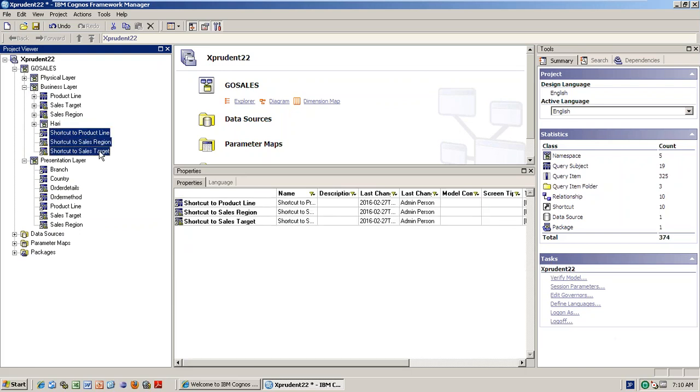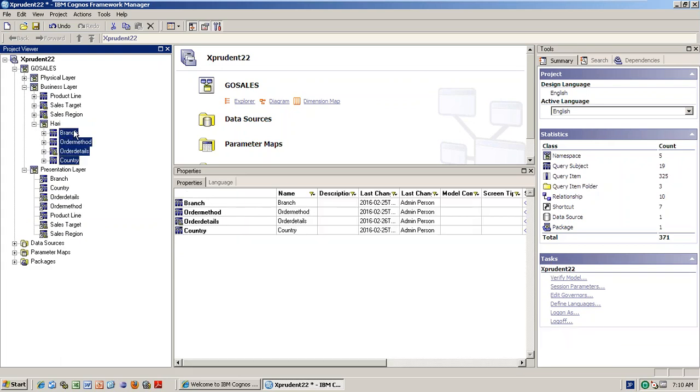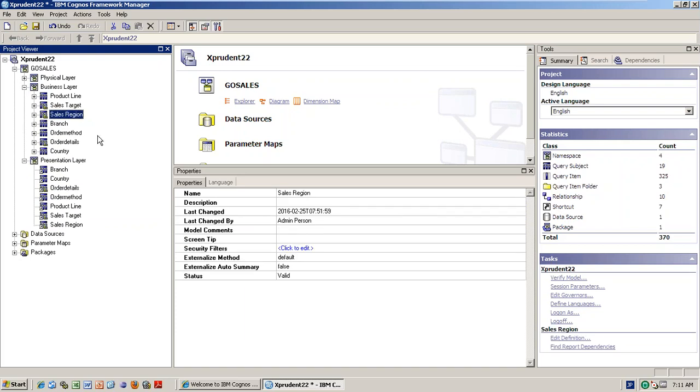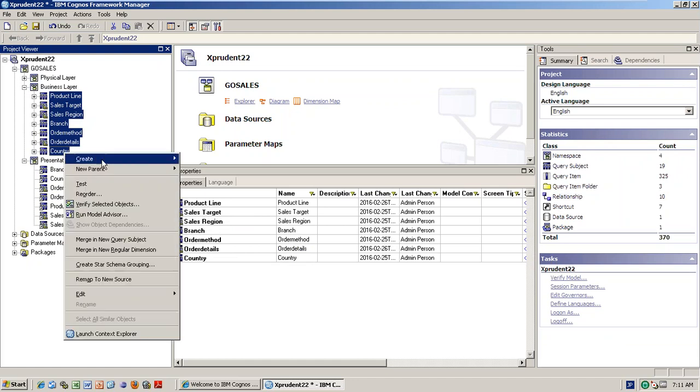So instead of that, you can do one more thing. I want everything in the business layer, so this is not necessary. If you see, now there are 7 tables. Now I want all these 7 tables. Select them. Normally, what will you do? Create shortcut, and then drag and drop here into the presentation layer, and rename it.